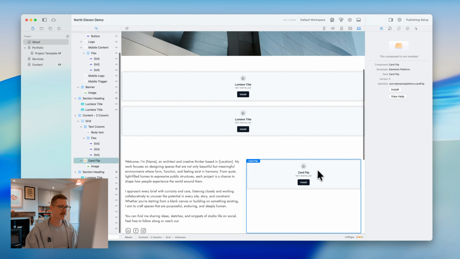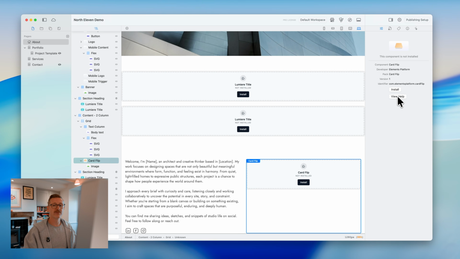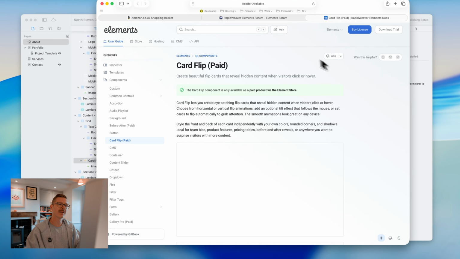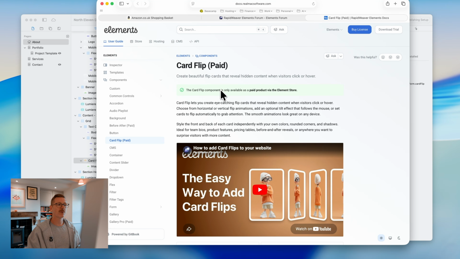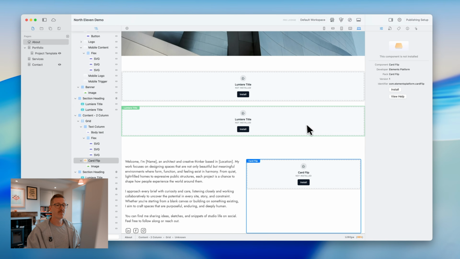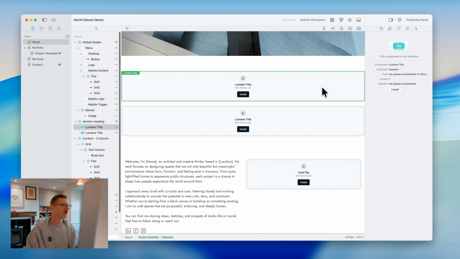Let me just go down here to the other missing component, card flip. Now with this one, we've got a view help button, which is very helpful. So if the developer has included the link to the manual, then that's there as well, which is helpful because I can click that and then go and learn more about the component and say, oh yeah, I remember this one. So what we can do, I can click in here and I can just click this install button,